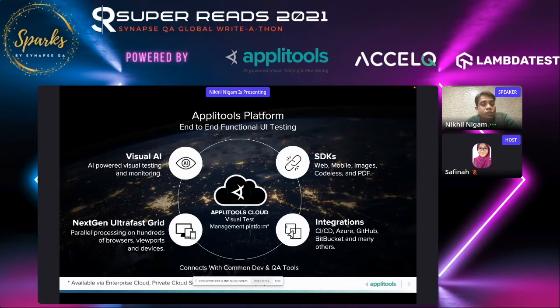And the fourth part of this is the ultra fast grid. Now, some of you may have been doing cross browser testing, and it has essentially been an important piece of the puzzle in automation. And different teams have tried different ways. Again, some may have tried going to various devices, some may have set up their own Selenium grid, and so forth. But what we have seen is that there's a lot of complexity involved when you try to approach cross-browser